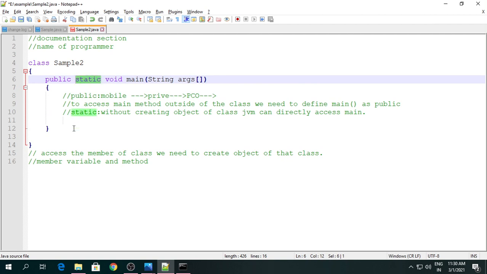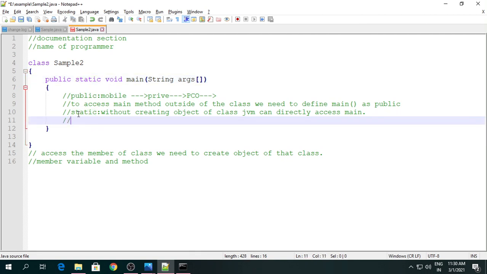Fine. Now the third one is void. We know that when the JVM calls this main method, the main method does not return any value to the JVM.